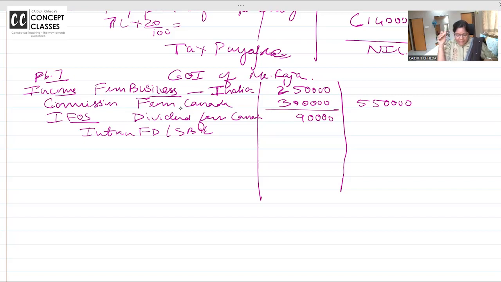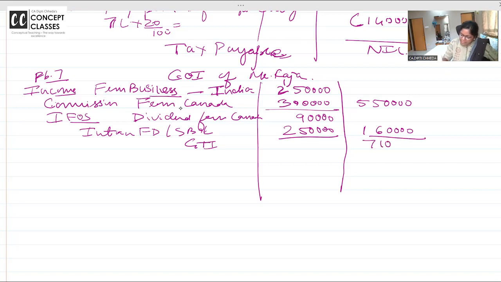And under 80TTB, this time he is a senior citizen, Raja. So on your saving and FD interest you get a deduction up to 50,000. Definitely you will get it, but not now. Those deductions will be given from the gross total income. So first you will write down. What is the gross total income? 7,10,000. Deduction